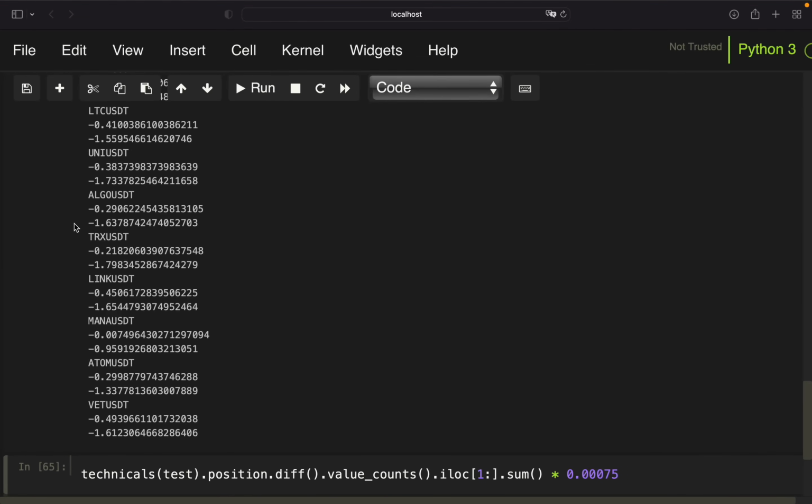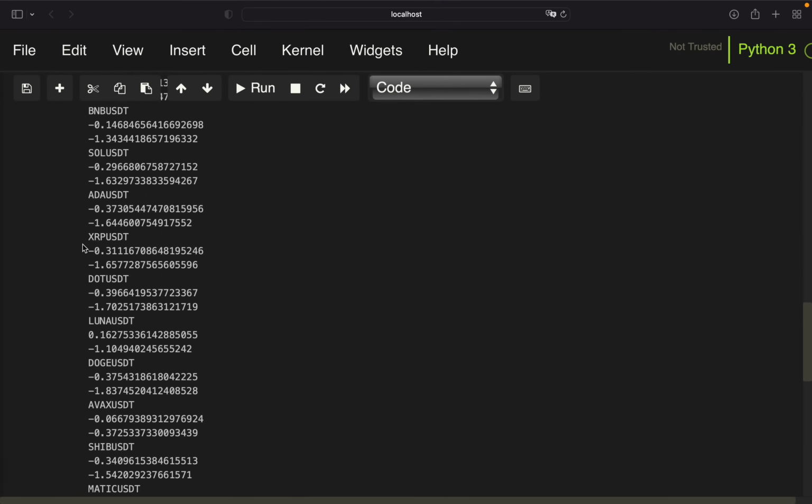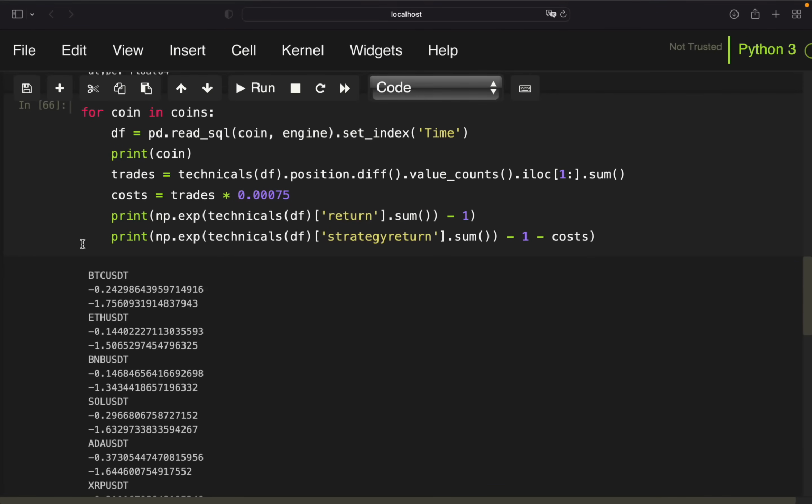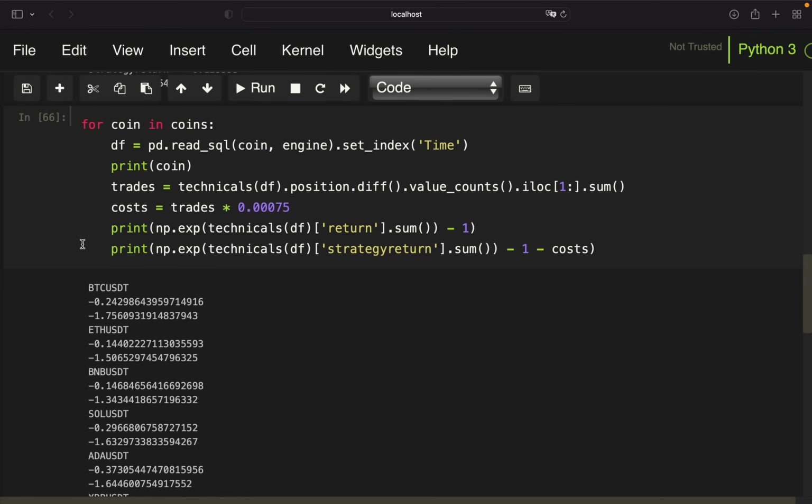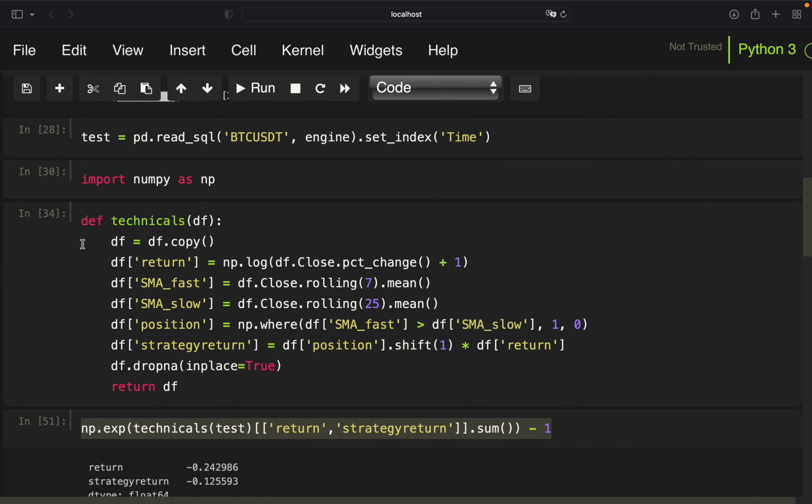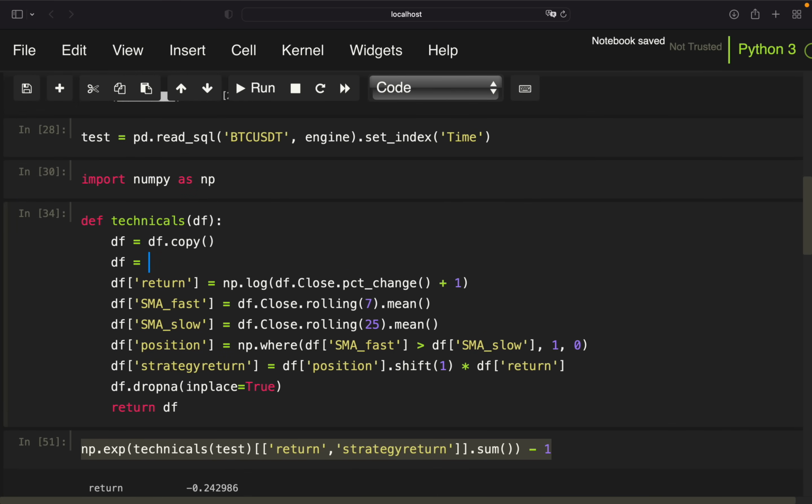So did I waste your time with that? Well, maybe, but let me show you something. Let's do another thing, and that is take a look at another time frame. And now it starts to get interesting, at least in my opinion, right? So what if we're taking another time frame? If we're taking another time frame, the probability that we have such a high number of trades is getting lower, right? Because we have less signals. So how can we do that? We can take a look at the technicals function and just resample our data frame,